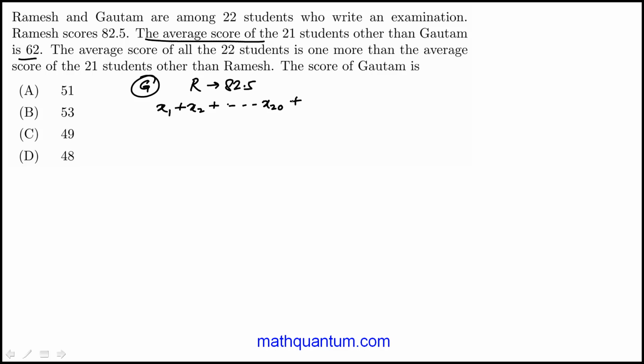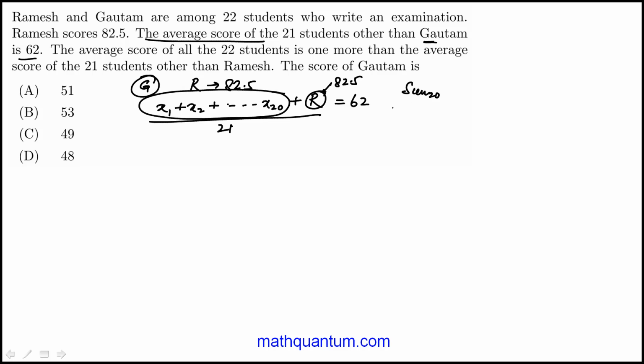So if I add Ramesh's score, because this is excluding Gautam, so that's the 21 students, divided by 21 is equal to 62. R I already know, so that means I can figure out the sum of the scores of the other 20 students. I sometimes intentionally write it like this so I can visualize it. It's a matter of personal preference. You can use that abbreviation. So minus 82.5. So I can compute this